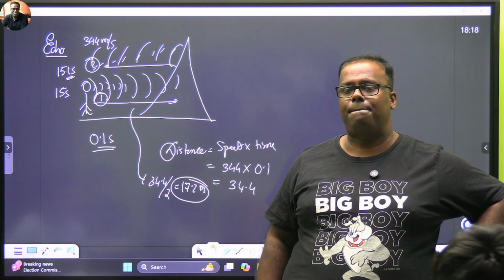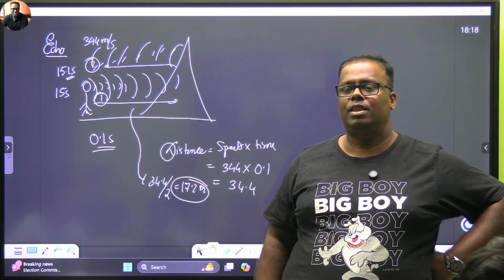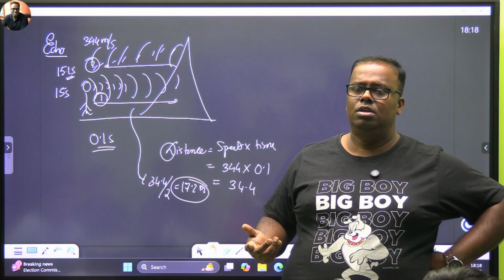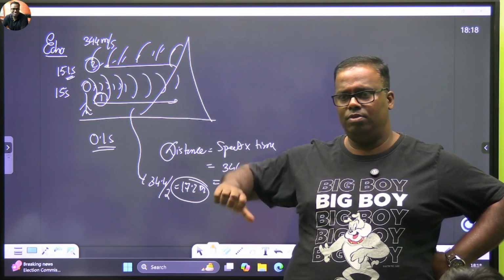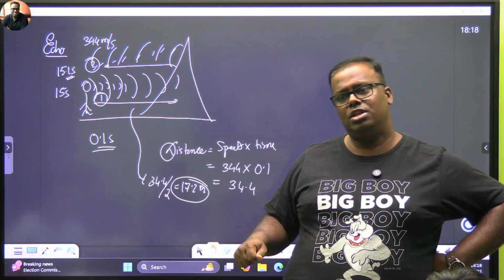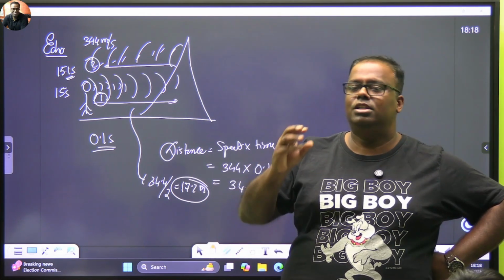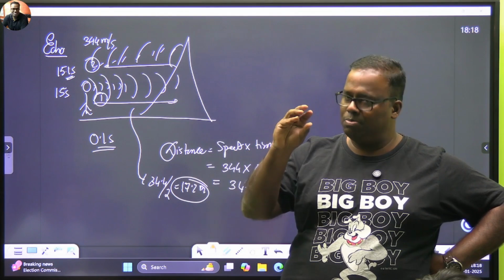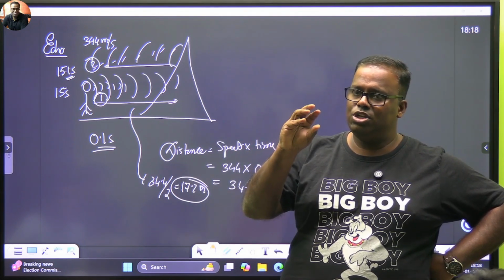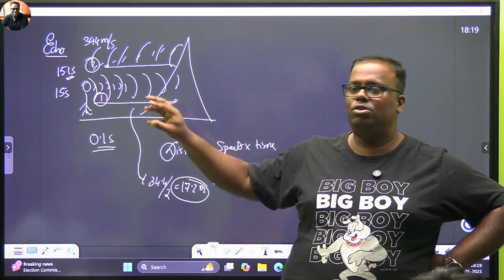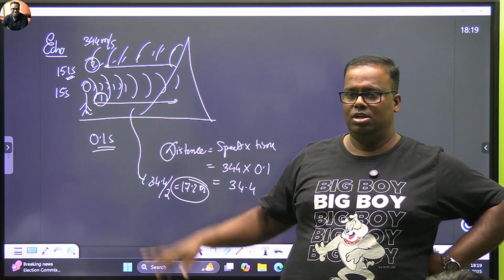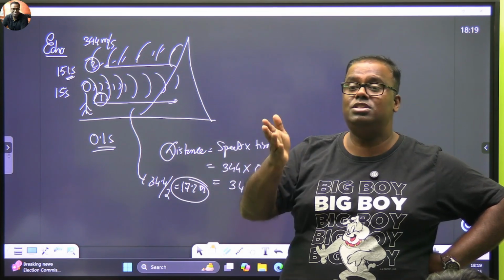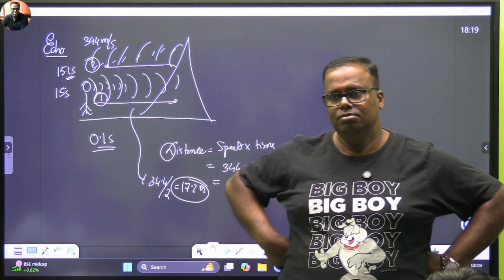How did they find out that 20 kilohertz is the maximum frequency we can hear? You can generate a wave, and you can hear it. If you have a variable ultrasound generator, you can start making it, and after that you'll hear that noise. Suppose, as I told you, mosquito repellents are available, which are plugged onto the switchboards of your house. They are making noise, but that noise is ultrasound. मैं नहीं सुन पा रहा हूँ. Rodents can hear it.